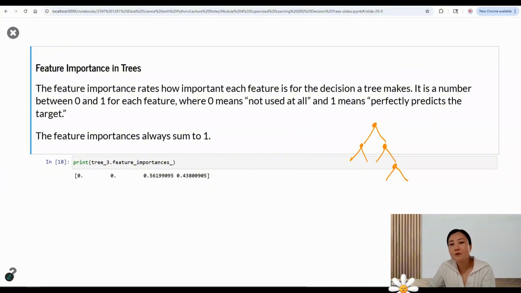So consequently, some variables might be used repeatedly, and some variables may be used less often. So this importance characteristic of a variable